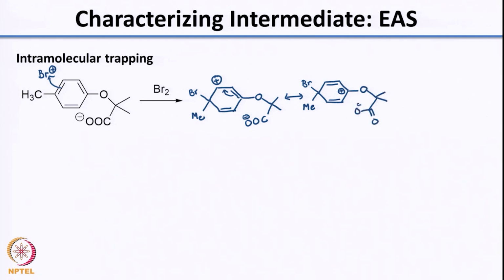Now I will write this out. So, this positive charge is in conjugation with this double bond which is attached to an oxygen. So, what is happening is you have tremendous stabilization here. This particular resonance structure is stabilized more as compared to the resonance structure I had written earlier. So, when you form this stable resonance structure and in its proximity you have a nucleophilic species, what you end up doing is you end up trapping this intermediate. So, the product that you get is